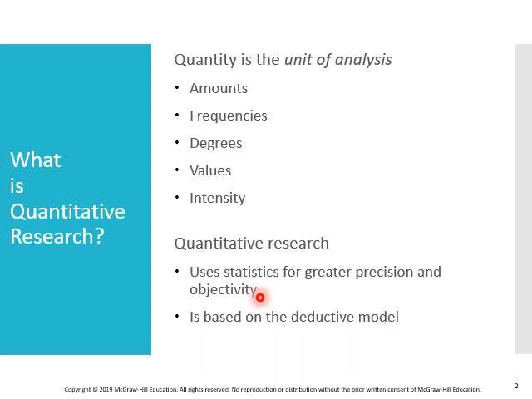So, in some sense, at a high level, it's perceived as objective, but if we want to tease out the nuances, it can be rather subjective as well, just like qualitative research. A key point about quantitative research is that it's based on a deductive model. So we apply the deductive reasoning that we have spent